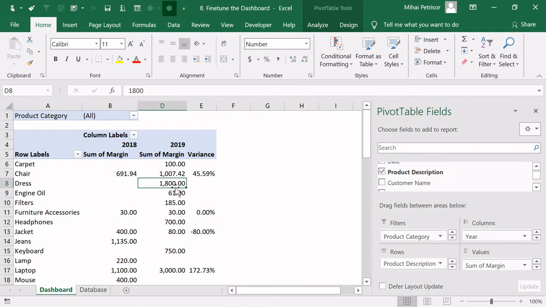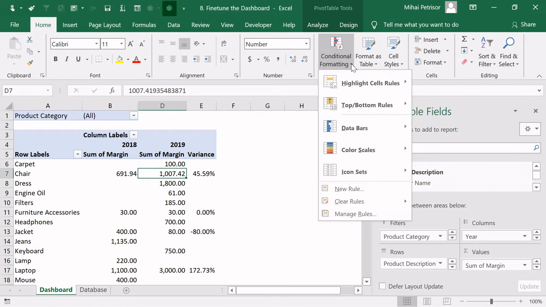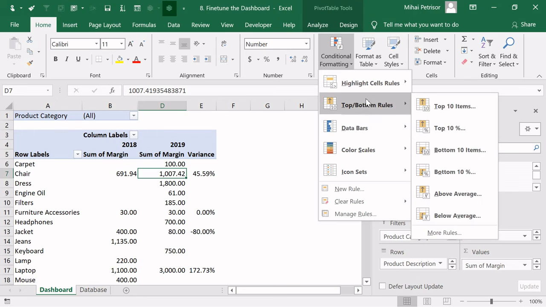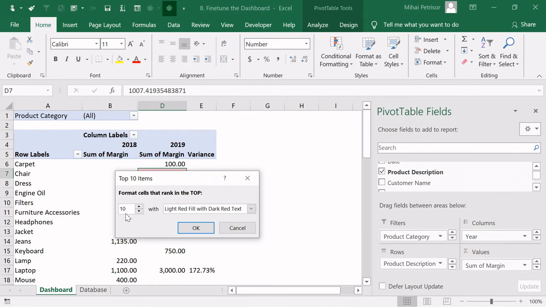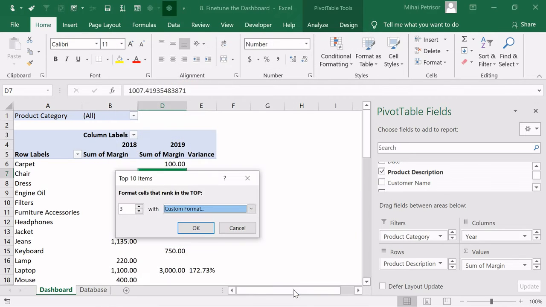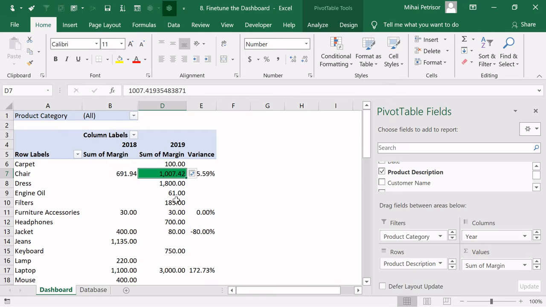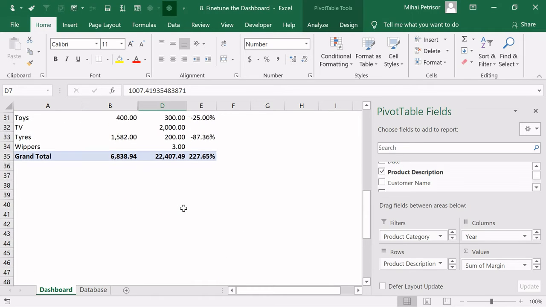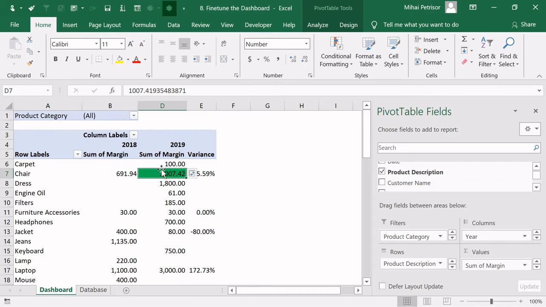For example, I'm going to select chair from 2019, go to conditional formatting from the home tab, and here let's try to have the top 3 items, and give it a custom format. I want to have them in a green fill color. Hit OK, and as you can see, the pivot table gives me one cell, where I was before I started